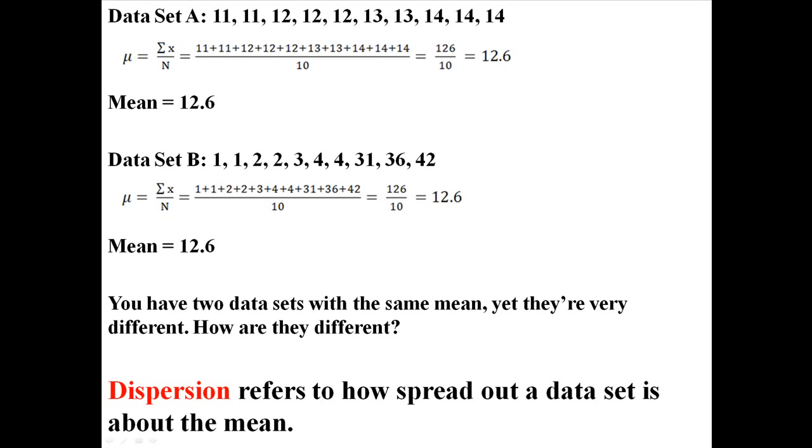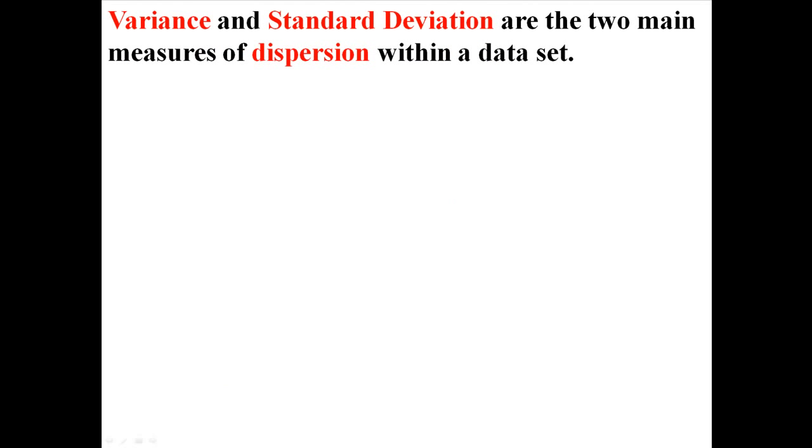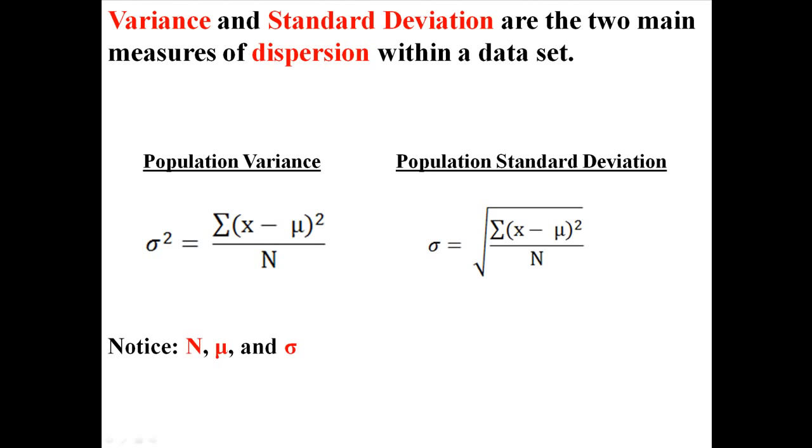Well, dispersion refers to how spread out the data set is about the mean. Variance and standard deviation are the two main measures of dispersion within a data set. Now I have two equations here, the equation for population variance and population standard deviation. These are commonly called the definitional formulas, and they take a little bit longer to do. Eventually I'm going to teach you the computational formula, which is a lot shorter, but it does make a little